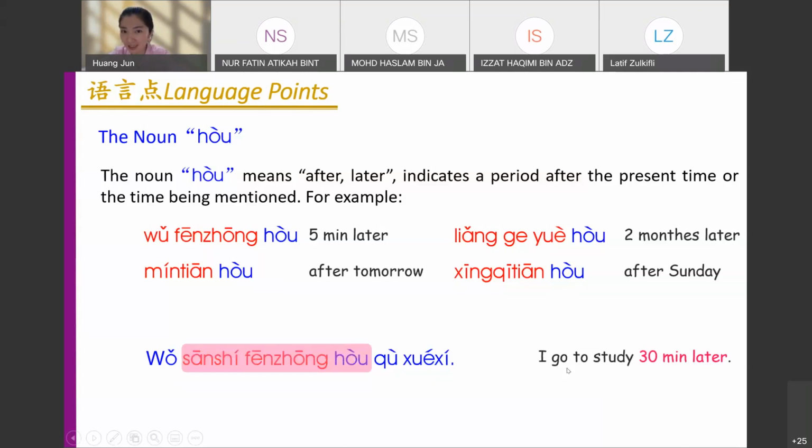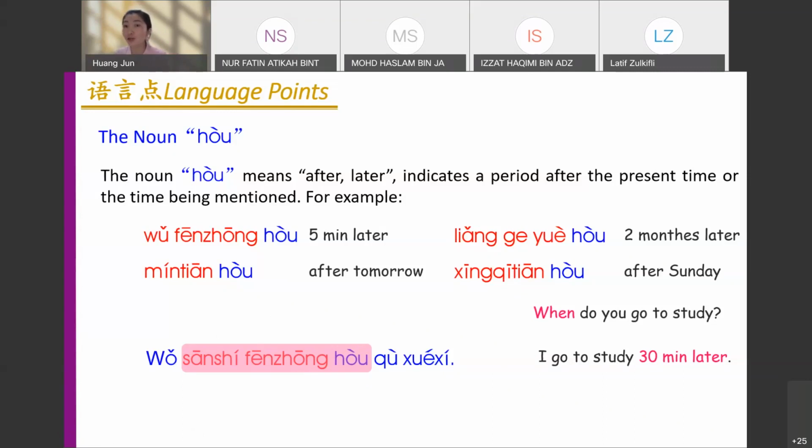Look at here. Inside this sentence, right now, I want you to ask a question to 30分钟后. So how do you ask a question to the whole sentence? Ask the whole sentence one more time. This time there will be no clue for you. Okay, very good. So many people answered faster. 很好. So we answered 你什么时候去学习, right?